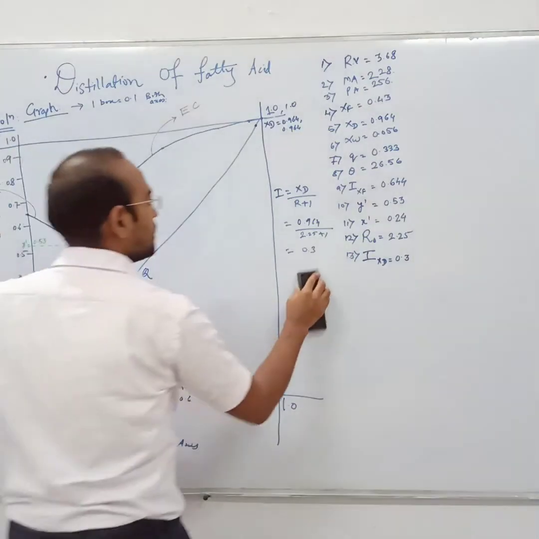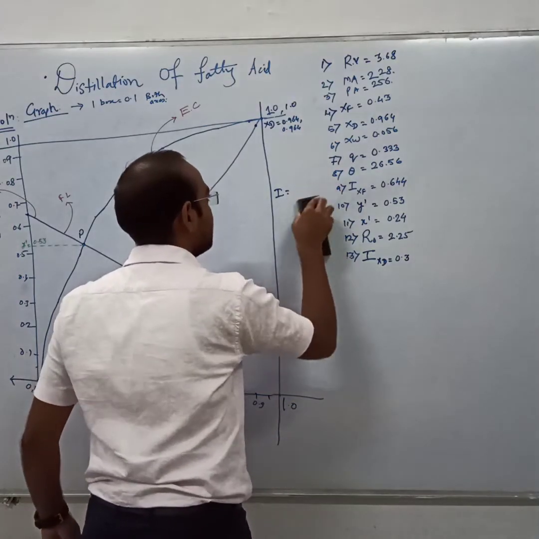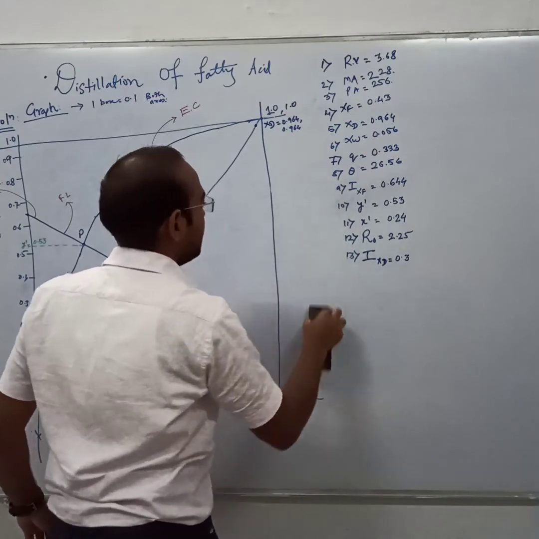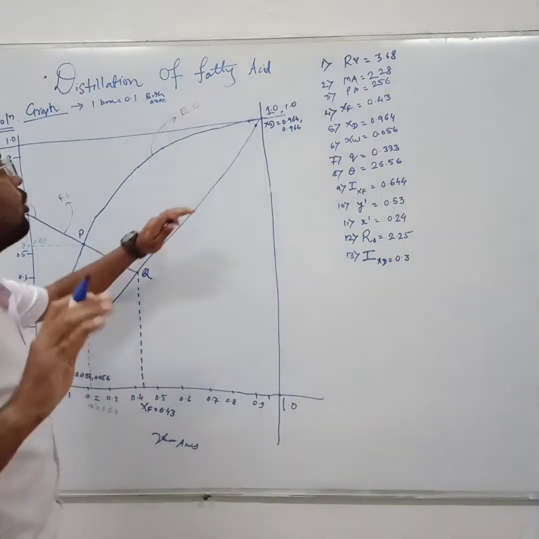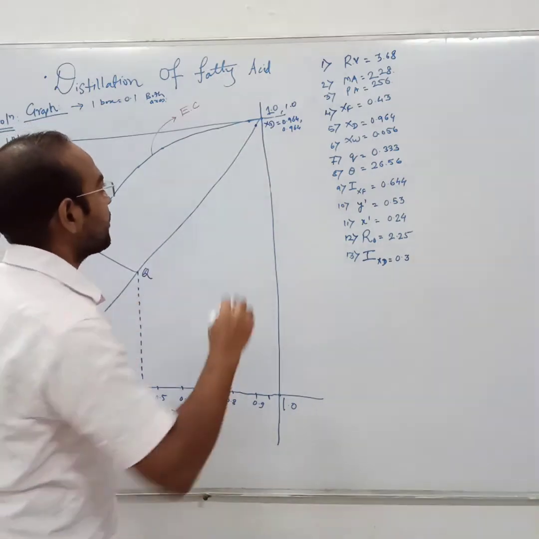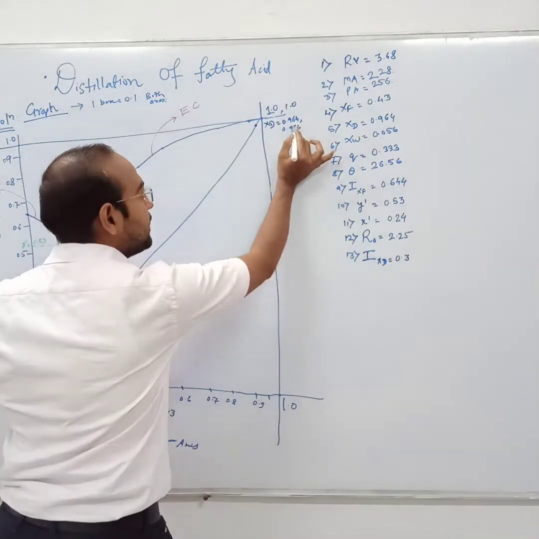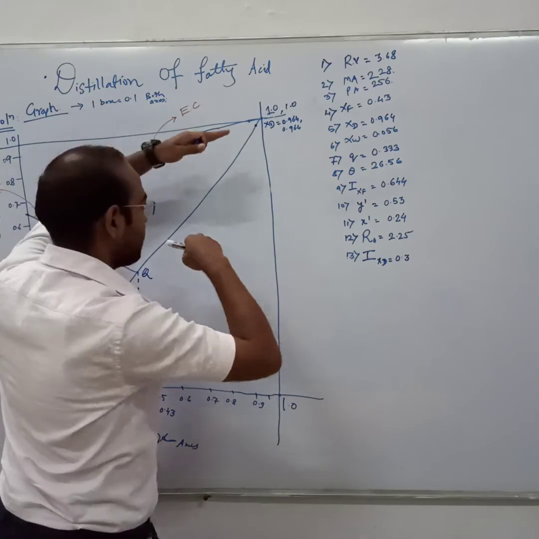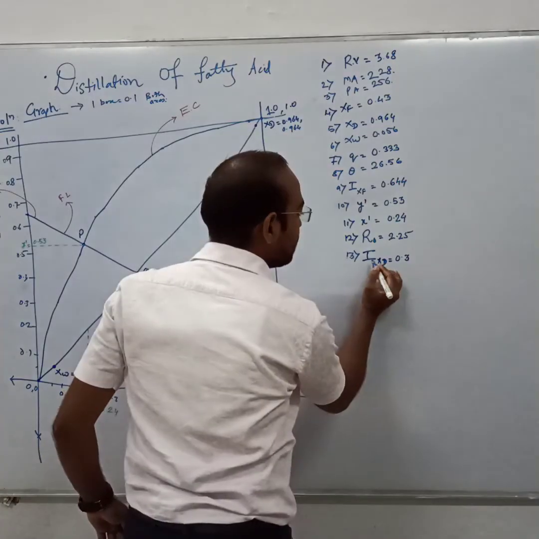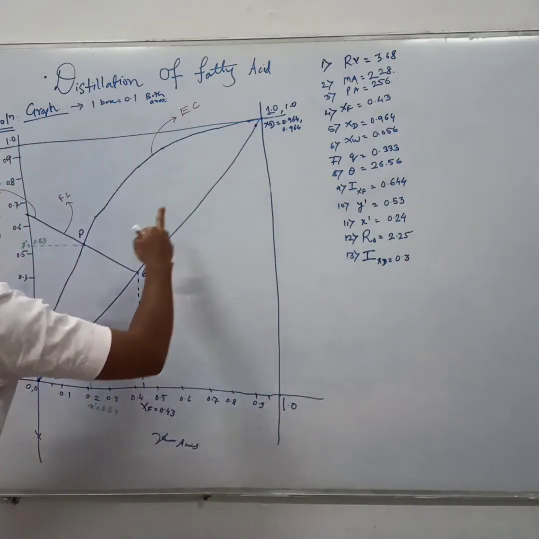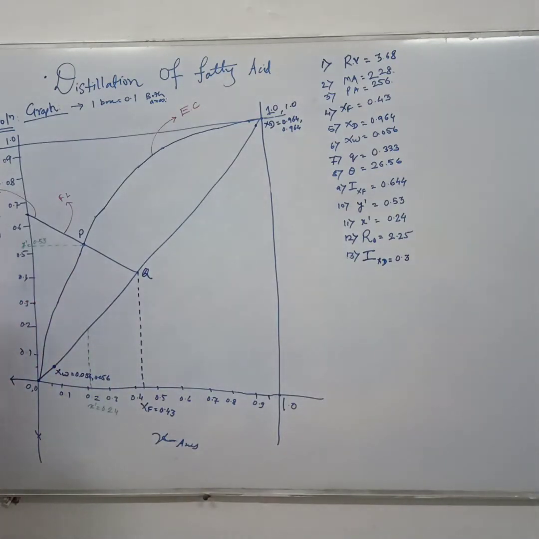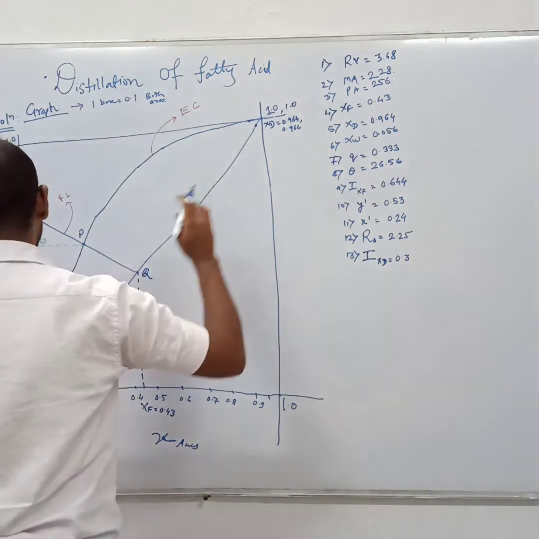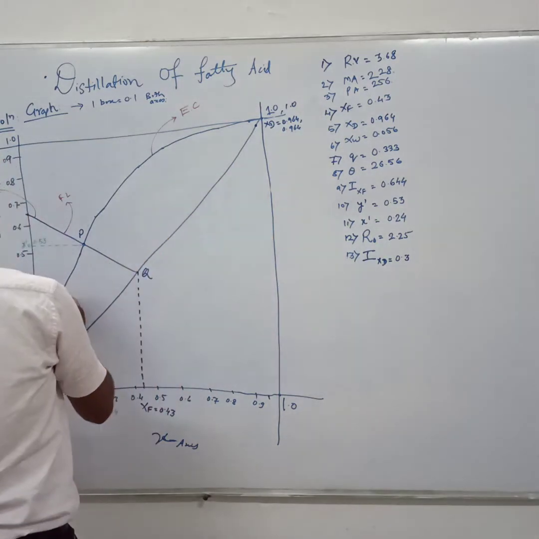Okay, now I think all the values are found, and we just focus on our graph now. So when you want to draw the operating line of your rectification section, 1 point is already there, that is xD, 0.964, from both the x and y axis. Now the intercept on the y axis is 0.3, so this is 0.3. So this is your other intercept. You just need to draw the line and join these 2 points.